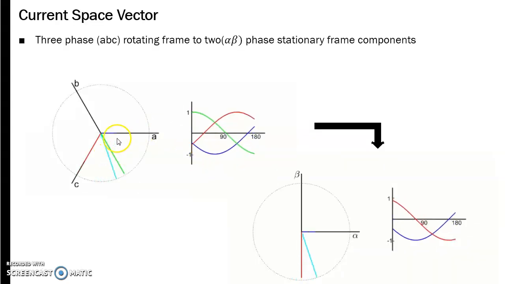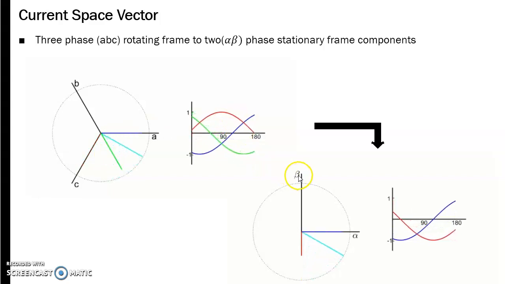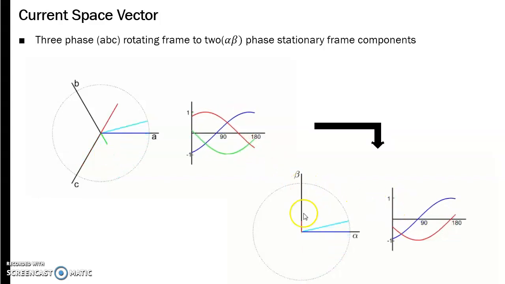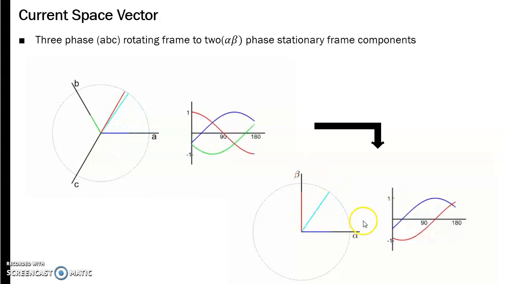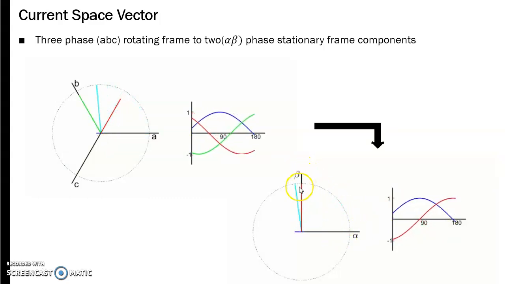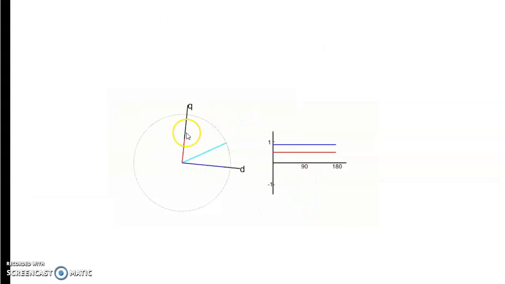Earlier it is a three-phase ABC quantity. It is transformed into the alpha beta plane, where the alpha beta plane is stationary. Now we are transforming it into a rotating reference frame, where the components are stationary. So now you will get exactly ID and IQ. ID you can see in the blue line, and the red line is IQ. This current is actually a DC quantity, and that can be controlled, and after the control action it is returned back to alpha beta, then ABC.